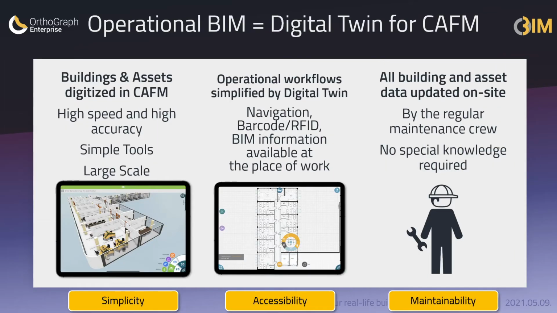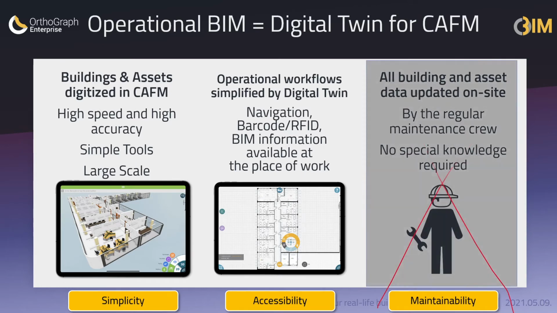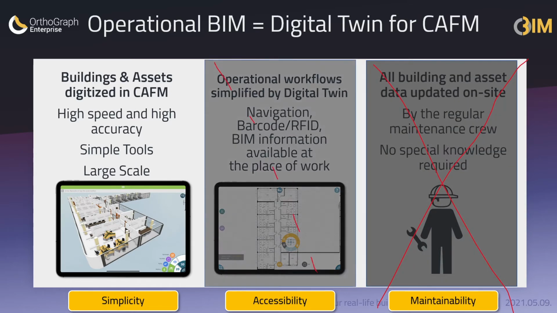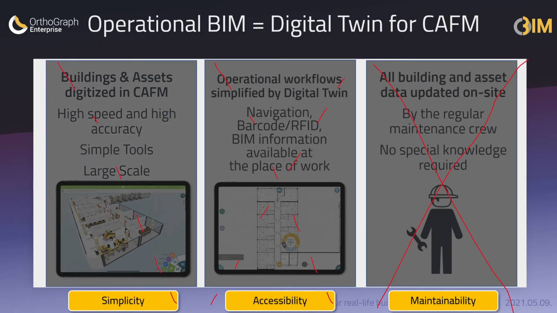Let's see what we get out of the original three pillars we believe are essential for building operation. As we discussed, keeping the data up to date is not easy, not something that the maintenance crew can do. With the lack of barcoding or RFID technology and graphical reporting, accessing data is again not achievable. By requiring special hardware and manual post-processing, even getting in control is not easy. So though photogrammetry is a great technology for several purposes, the support of facility and maintenance management is not one of them. Let's see what other technology we have.